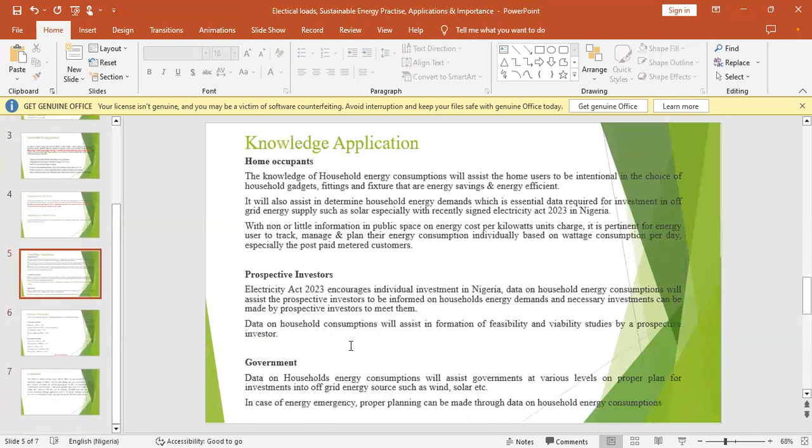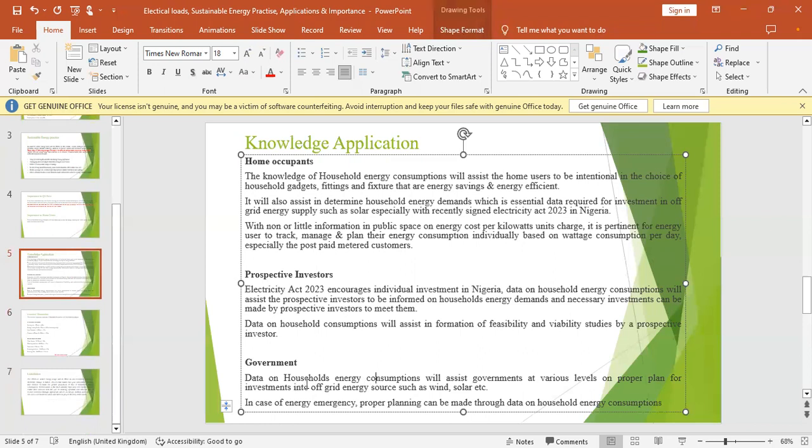To the government at all levels, data on household energy consumption will assist government on proper planning for investment into off-grid energy sources, such as wind and solar energy. And in case of energy emergency, proper planning can be made through data on household energy consumption. If there is a sudden disruption to grid line supply to a community, at least this data will enable government to be able to plan off-grid solar investment as a form of emergency to provide